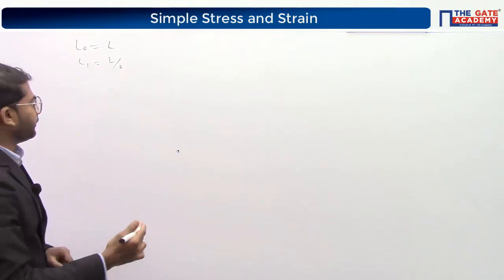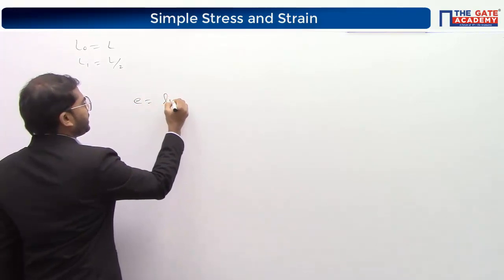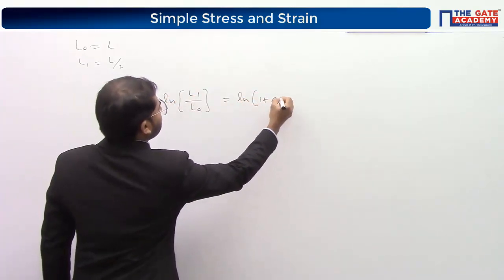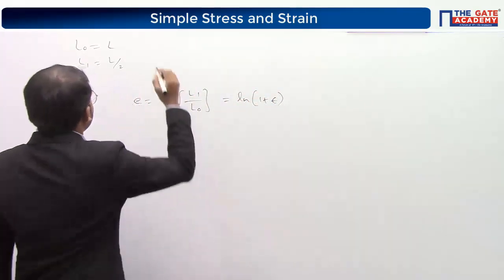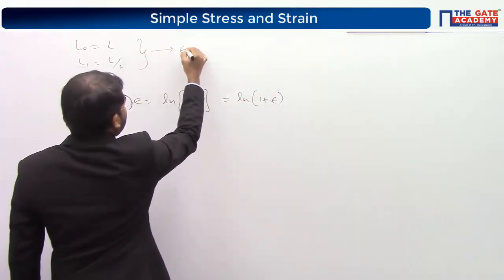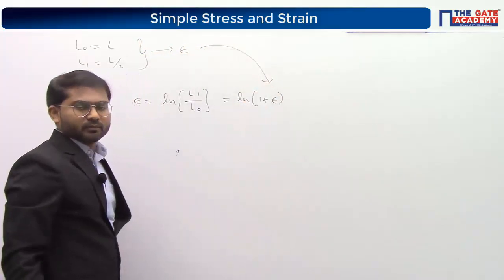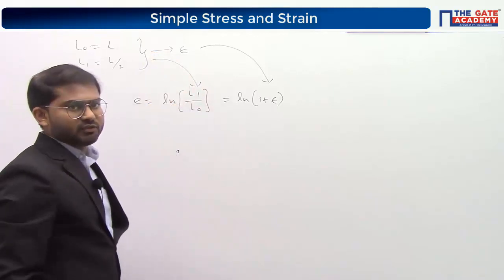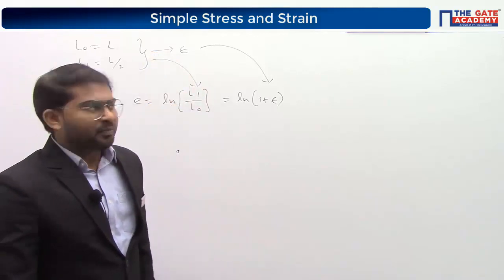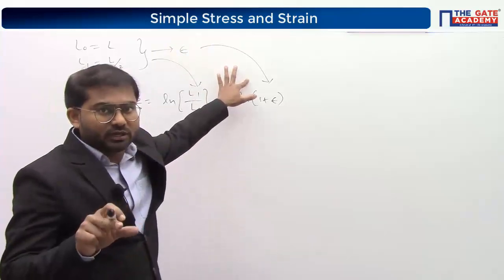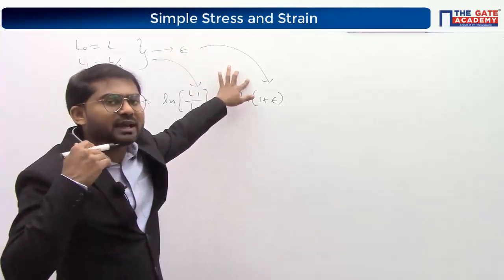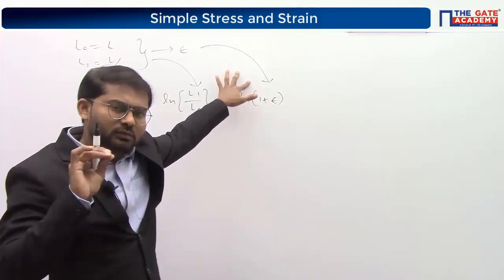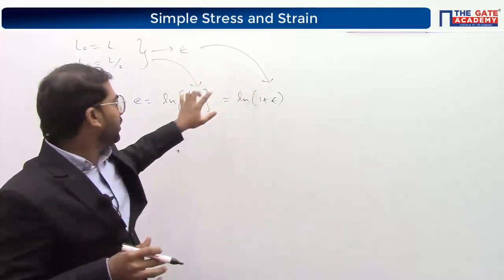The value of true strain. So just now we have seen the formula for true strain is ln of final length by original length, or it can also be written as ln of 1 plus epsilon. One way of solving is using these two values, getting the value of epsilon and substituting in this formula. The other way is using the length formula and directly putting in these values. If you go by the first approach, it is long and you're going to invest more time. You should not have that attitude of going with a lengthy method, however little lengthy it may be. Clear? So you should go with this formula.